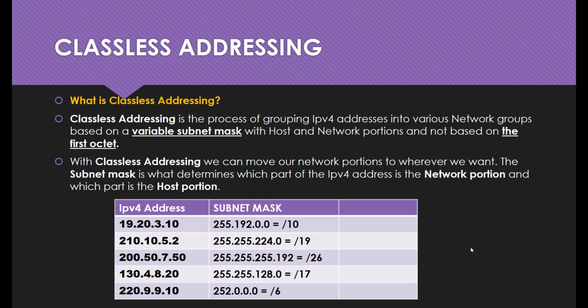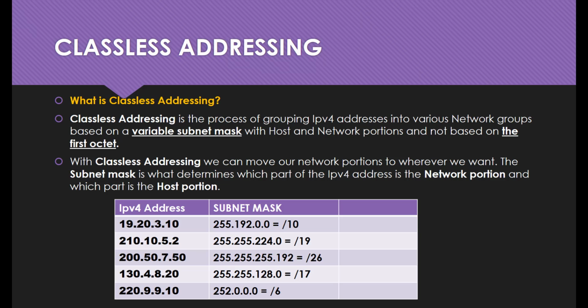The subnet mask is what determines which part of the IPv4 address is the network portion and which part is the host portion. So basically we have examples here of IPv4 addresses that have a variable subnet mask. Remember when we talked about classful addressing, we said that we usually have fixed classes which are defined by having all ones in certain octets. But this time it is different, such that you can actually have ones and zeros within the same octet